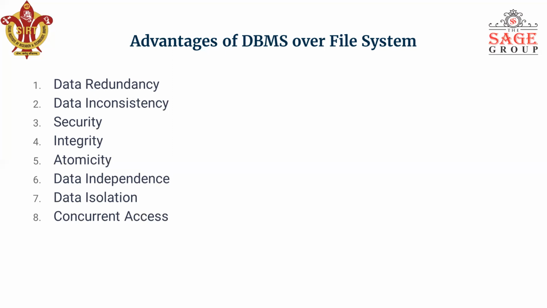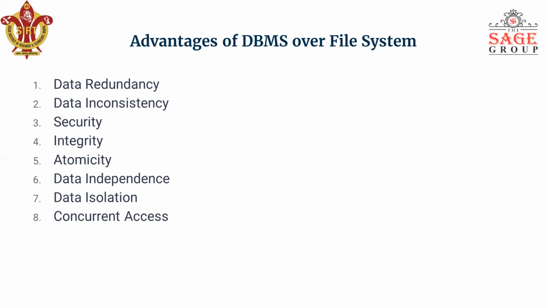The third one is security. Security means basically to protect the data from unauthorized access. It means not every user of a database is able to access all the information. So these are the drawbacks in the file-oriented system, but the database management system software provides these features as